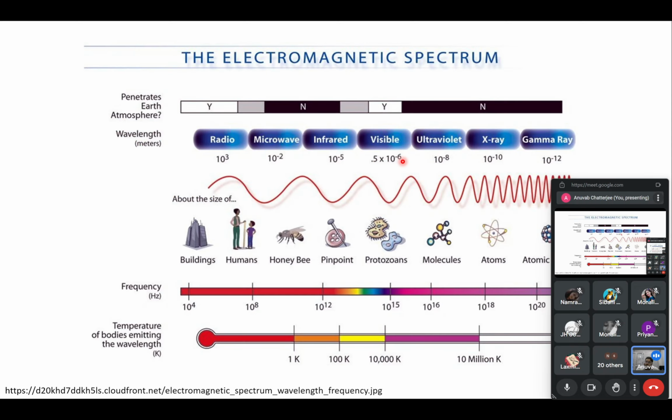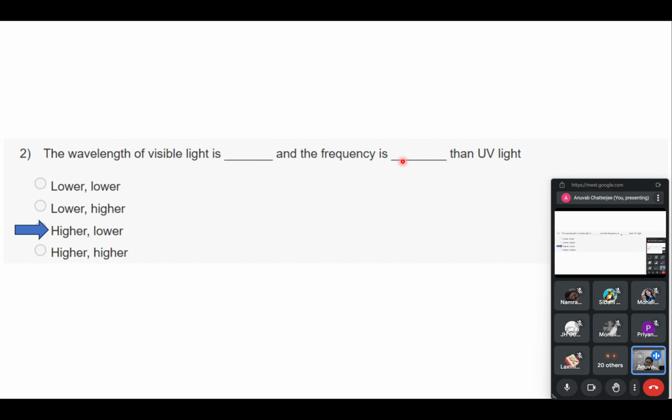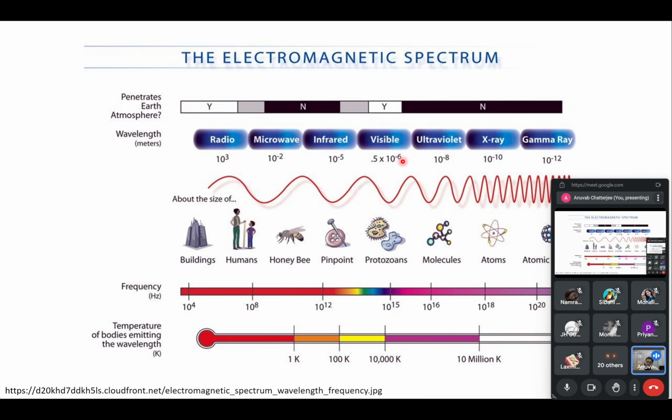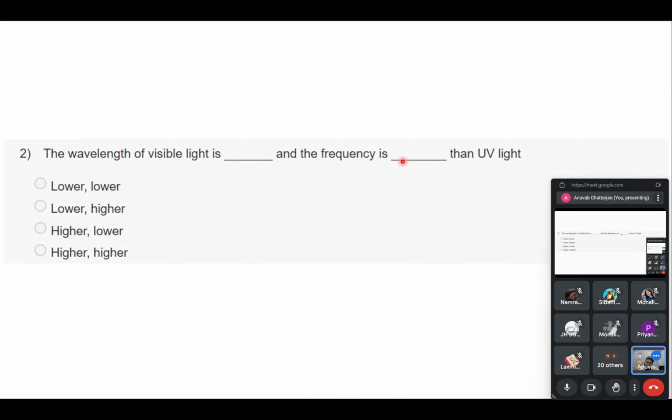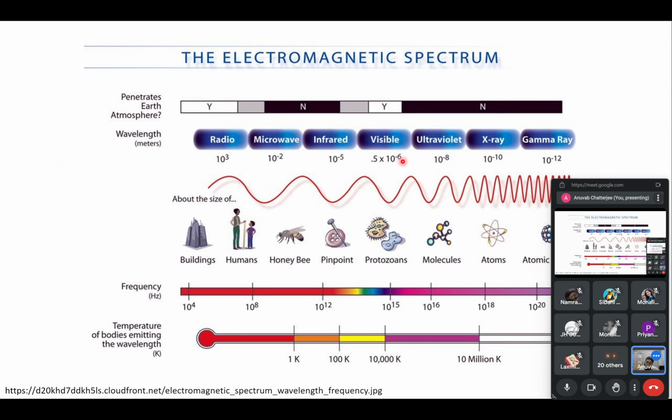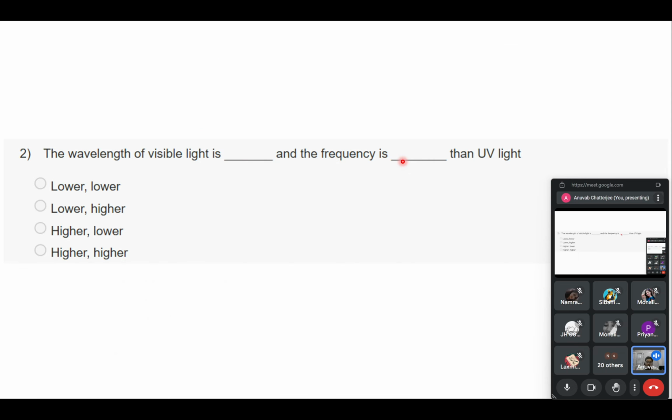Okay, there is some, so the answer is marked wrong. It should be lower. The wavelength of visible light is higher and the frequency is lower. Okay, huh. So you guys are correct. I was getting confused for a bit. Yes. So the wavelength of visible light is higher and the frequency is lower as compared to UV light, because